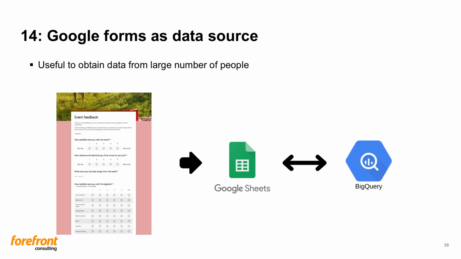Another neat way to input data into GCP and BigQuery is using Google Forms. This enables even more people to input the data to the system. Forms can be used externally as well as internally to collect information from a large number of people. The results can be stored in Google Sheets, which can be connected to BigQuery as I described earlier. We have used these as a commenting function in a project recently. There we have a distributed Data Studio document, which includes user input comments that are connected to the data.